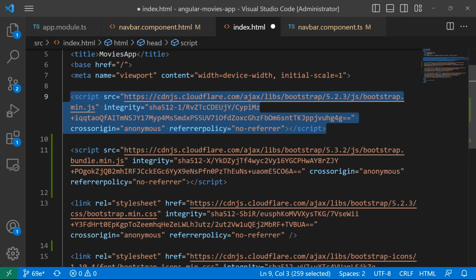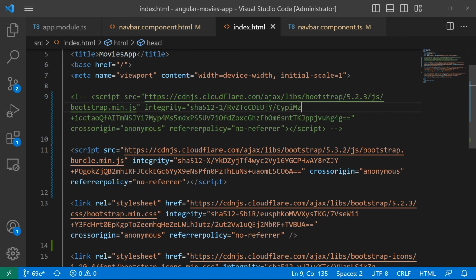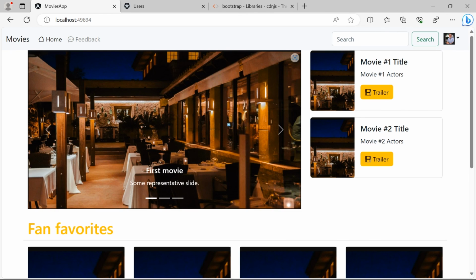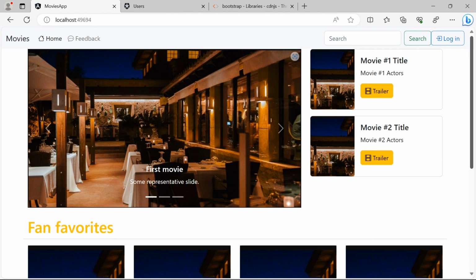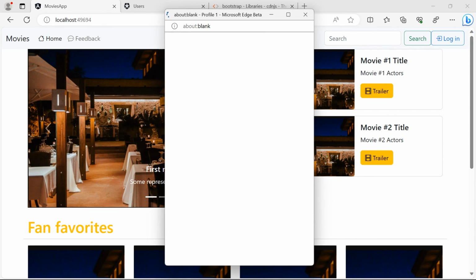So I'm just going to comment out these lines. I'm going to save the changes. I'll just go back to the Angular app, and down here I'm going to refresh the browser. Then I'll just click here on the profile picture. You see that I get this pop-up which has my full name, my email address, and the logout button. If I click the logout button, you can see that I'm logged out, and then I can log back